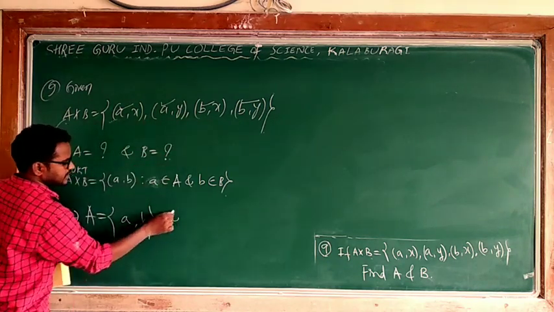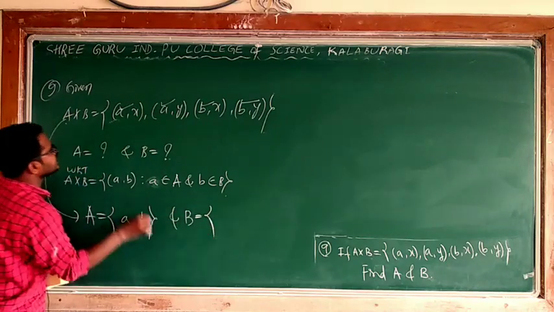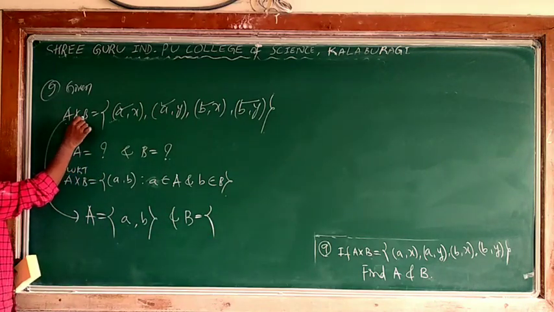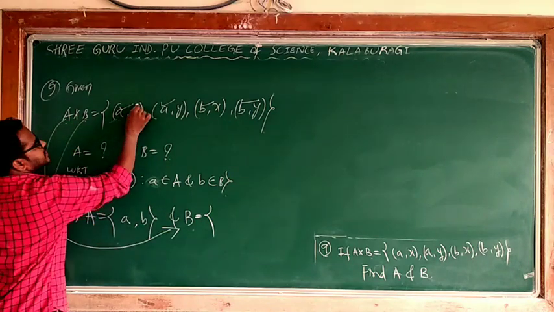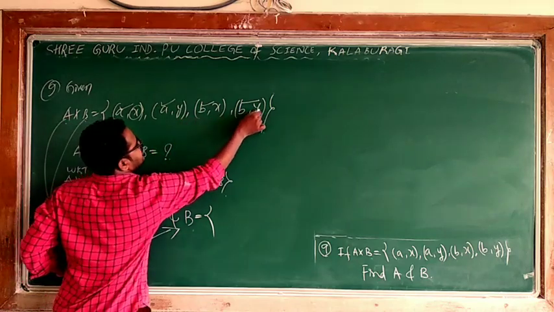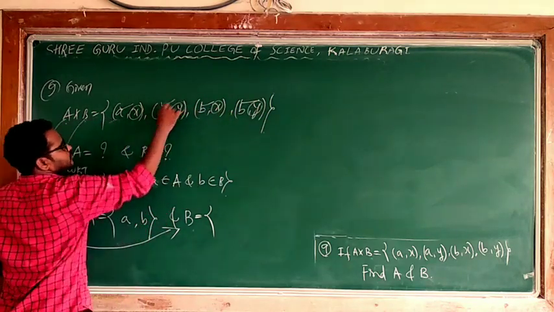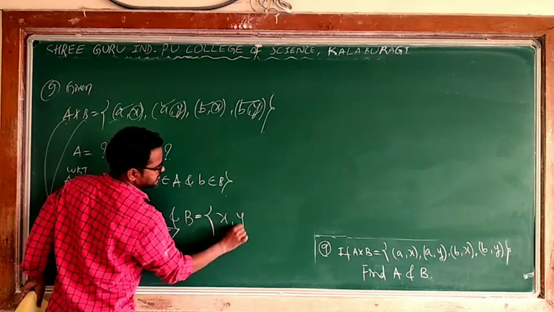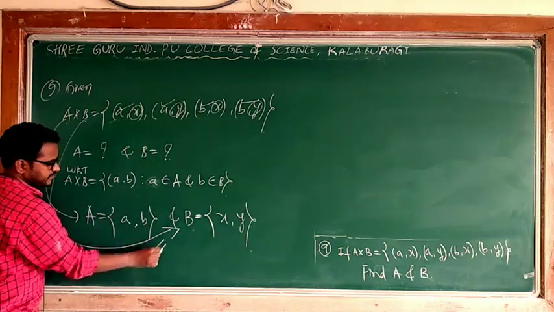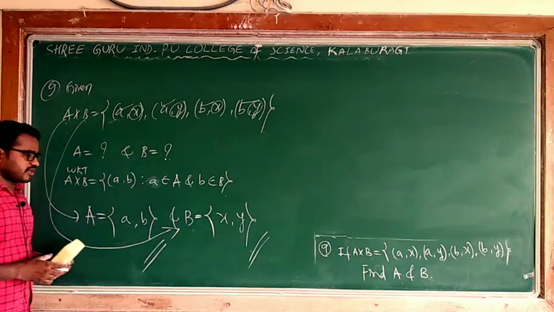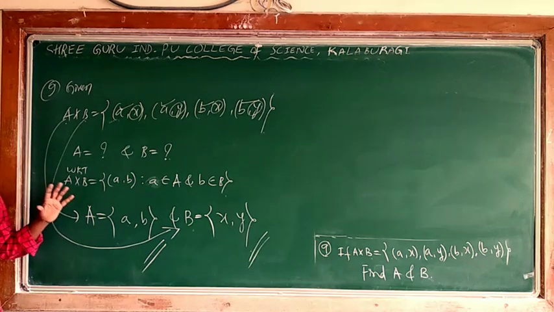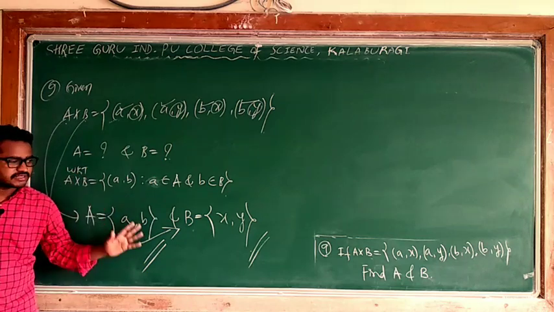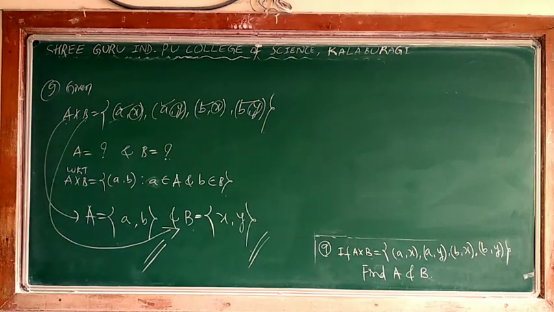And B is equal to, B is what in the Cartesian product, it is the second set. What is B? B's elements are x, y. x is the same but only I am considering two different elements x, y. This is the value, therefore A's value is this, B's value is this. Nothing, whenever a Cartesian product is given, in the ordered pair case, first elements always belong to the first set, second elements always belong to the second set. These are the 9 problems. Copy this one.